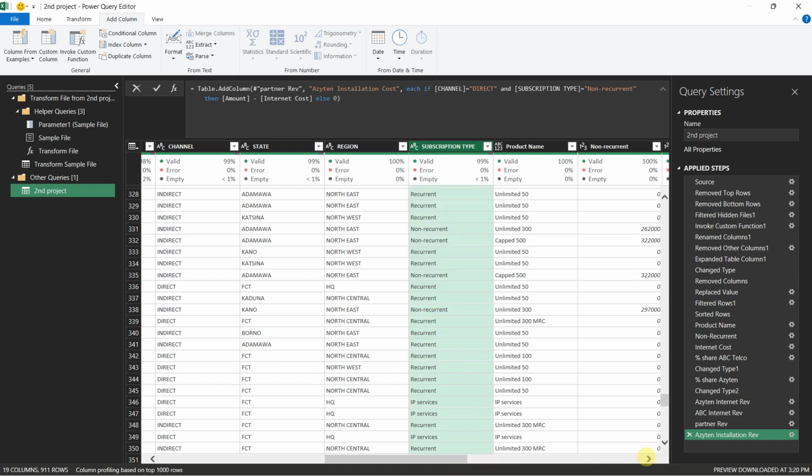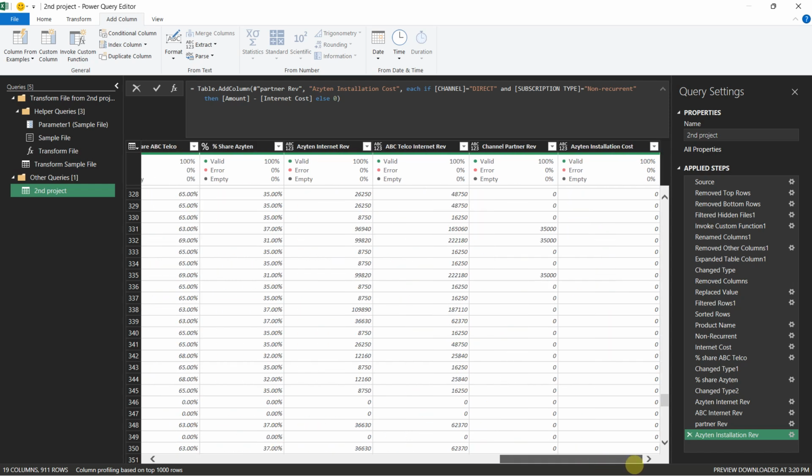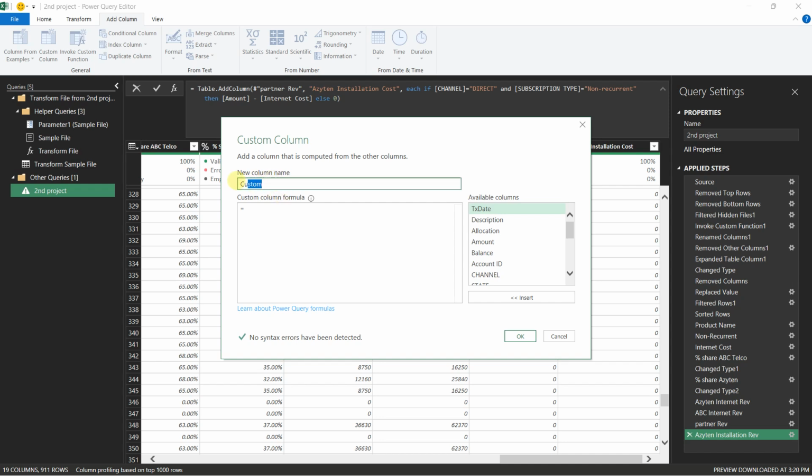So what I can then do is get a total revenue for Azyten. That would be Azyten installation cost, Azyten internet revenue, as well as the amount if it is not recurrent or non-recurrent. So I can get a custom column to just get the total amount for Azyten. So I can say Azyten total revenue is